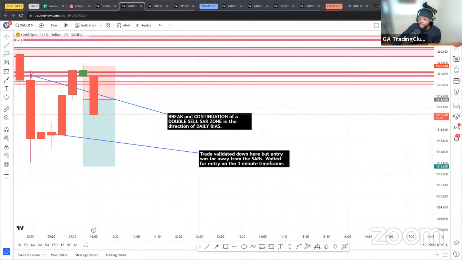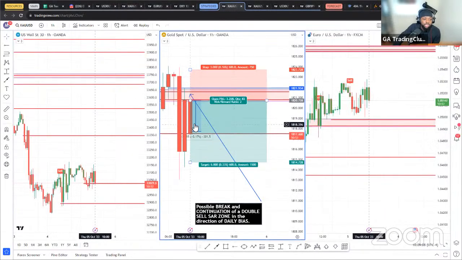I would rather you take a 0.75% loss like yesterday, knowing that our win rate is good and we would be able to recover going forward. So if you're on the hourly trade, go ahead and set break even. My hourly trade, this one is at break even because it's already achieved a